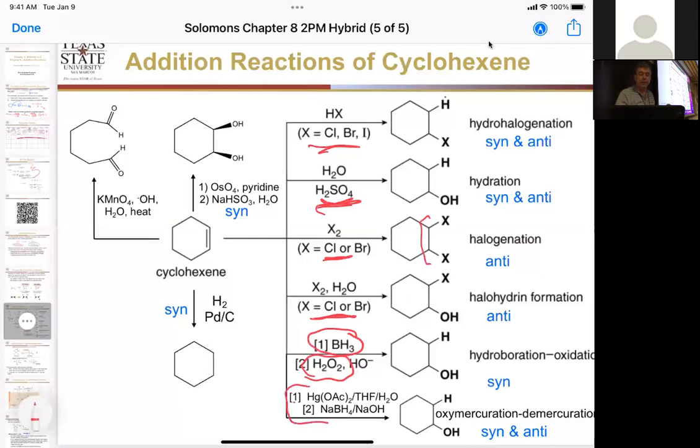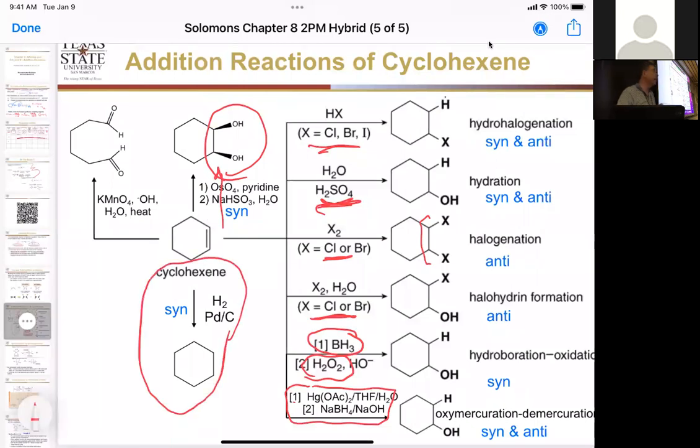This next reaction, the oxymercuration-demercuration, is going to give us a different mechanism than the other two. So we actually have 3 different mechanisms for making alcohols out of alkenes. Then we also have making diols, these cis diols. We can do that 2 ways, actually. We've already learned catalytic hydrogenation in the last chapter. And then we can also do one thing where we actually cleave the double bond. We cleave that double bond with a couple different reagents, but this is one of them. Okay, so I'm going to go through each one of these independently so we can see how they work and